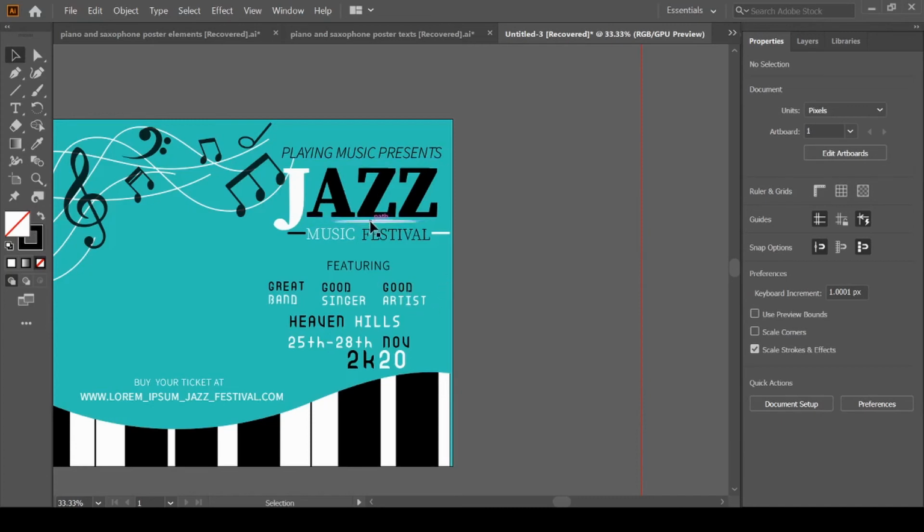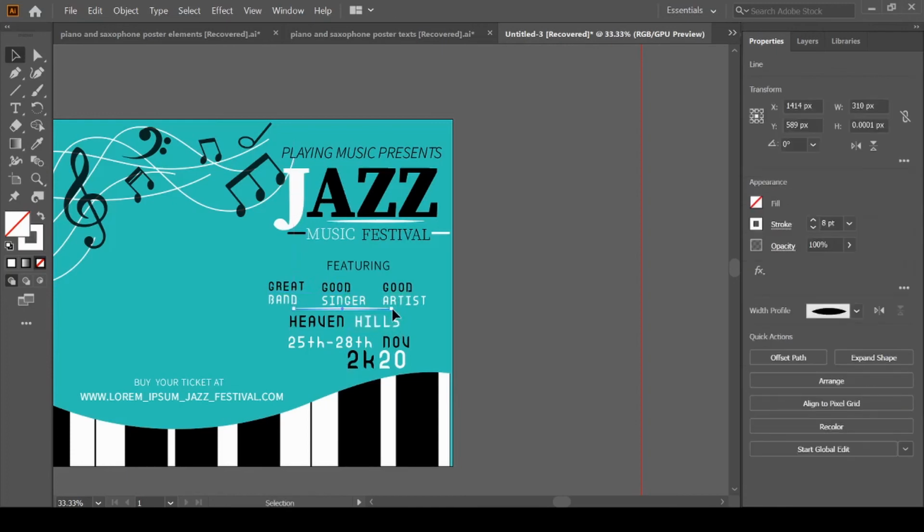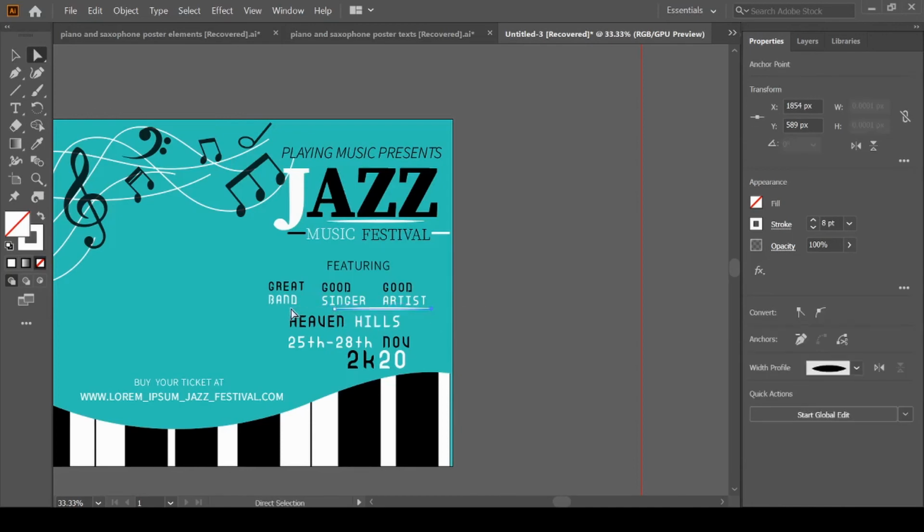Again we will duplicate this and put it over here. Just extend it with the direct selection tool, press Shift to extend it in a straight line.